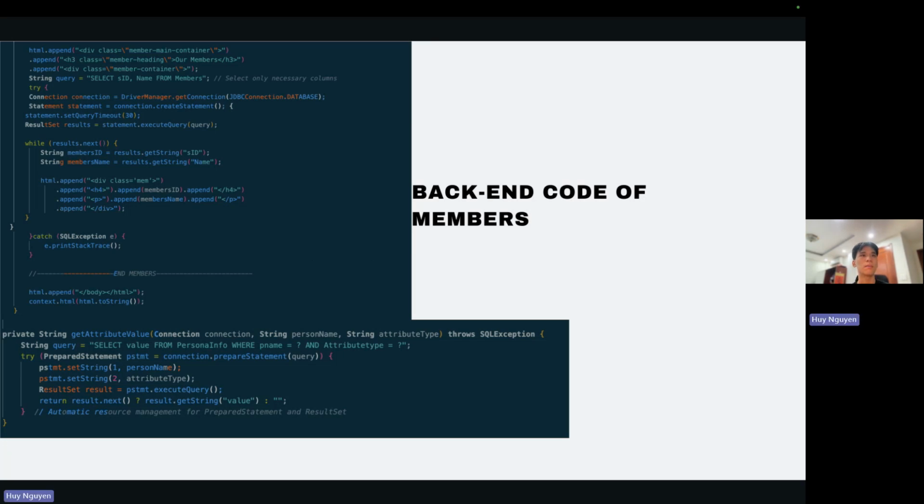To do our members, firstly the code initializes the string of pursues with HTML content. It starts with the structure for displaying within the web page. The database query,